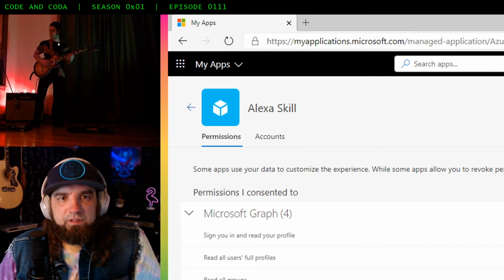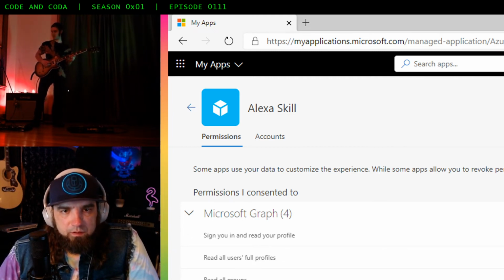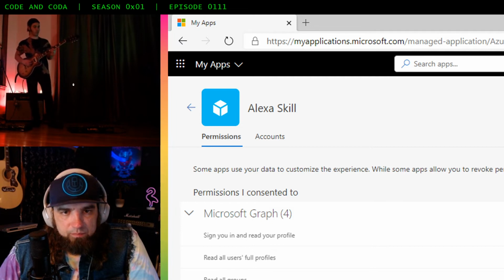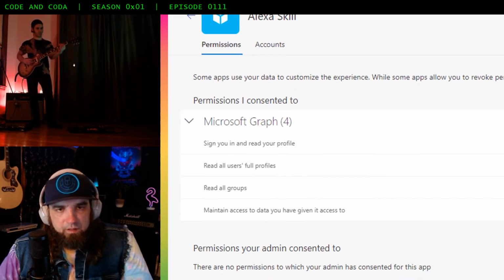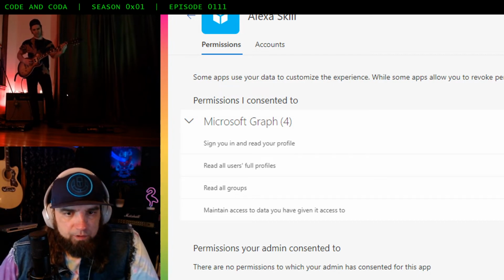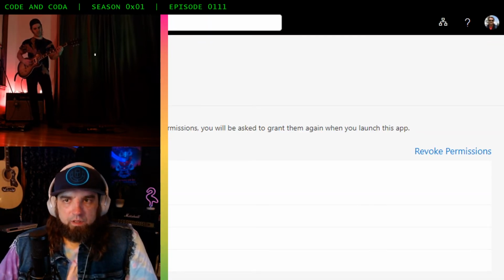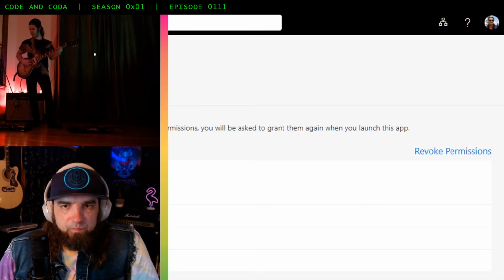And you can see at the top left it says My Apps. When I found the Alexa skill app, you can see here are the permissions I consented to, the 4 scopes. And so what I need to do in order to complete my testing is revoke the permissions.